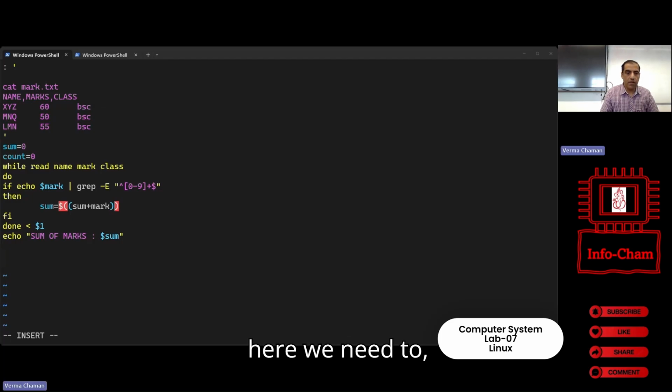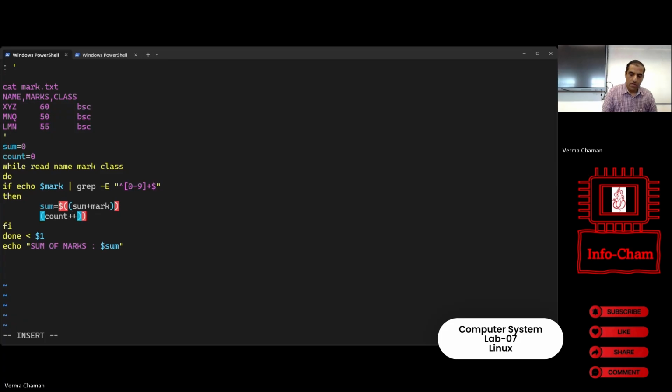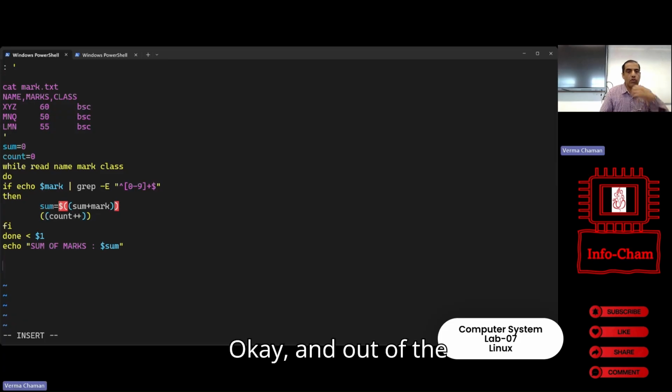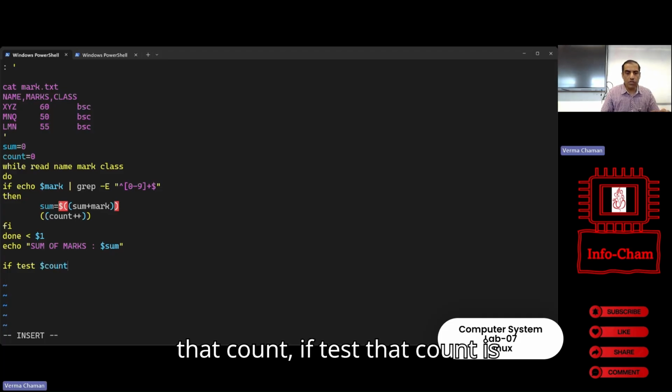But here, in the cycle, we should do count plus plus, right? And out of the loop, we can do here an if test, if count is bigger than 0,